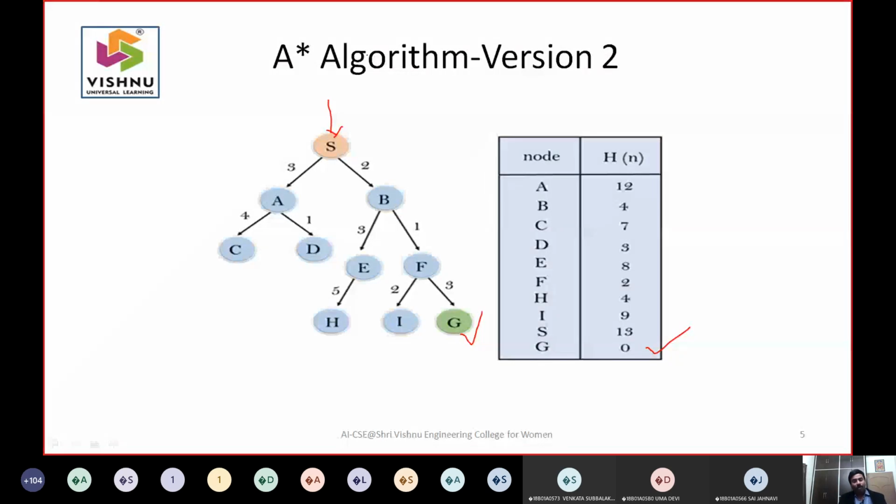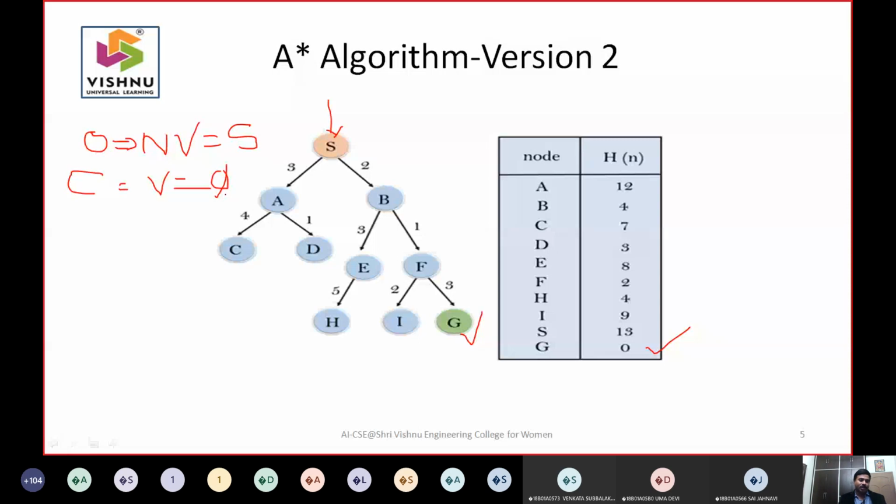So we have been talking about open and closed for the last 4 to 5 classes. Open consists of nodes that are to be visited, and initially open will have the starting node, and closed will consist of the nodes that are already visited. So open in general will consist of nodes that are not visited, and closed will be null initially, and slowly the values will change with respect to the iterations.